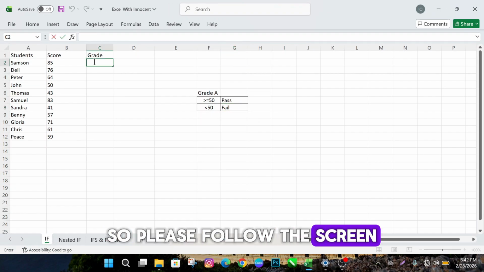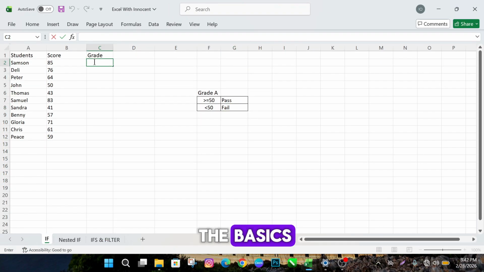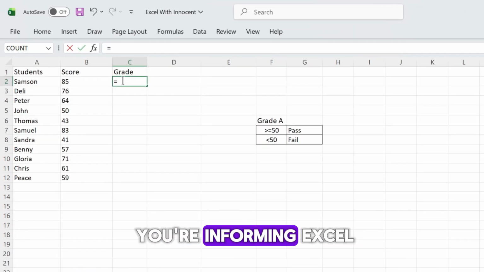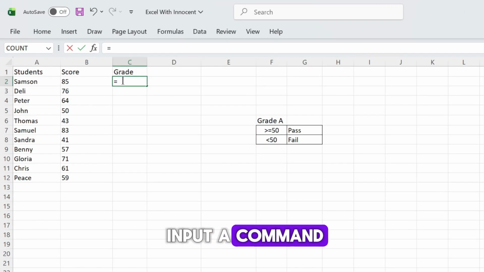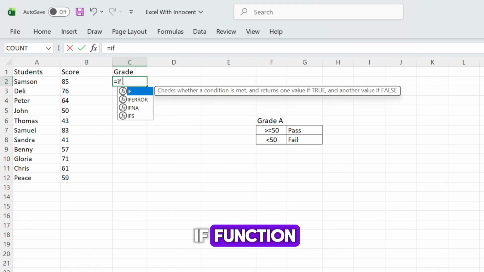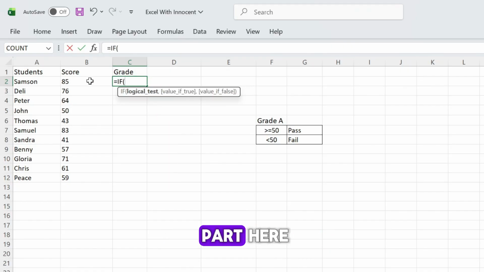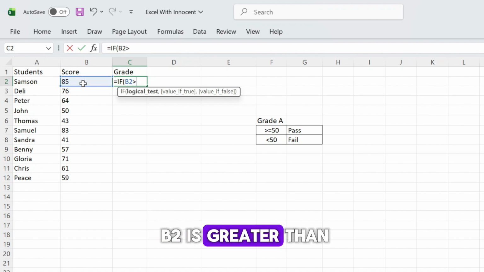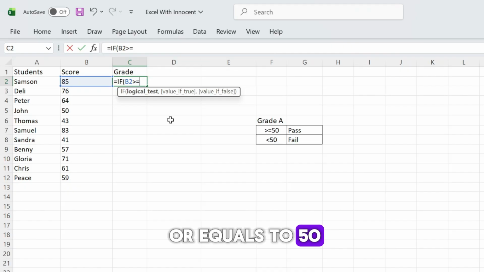So please follow the screen so you can understand the basics. As usual, you're going to use the equal to sign, which simply means that you're telling Excel that you want to input a command. Then you press the IF function. On this part here, you're going to click on the cell, which is cell B2. That means you are saying that if the score, which is in cell B2, is greater than or equal to 50,